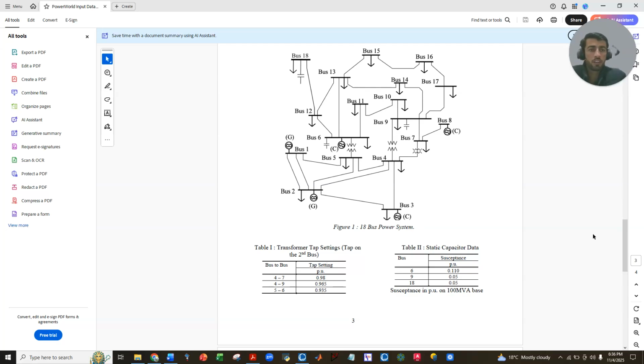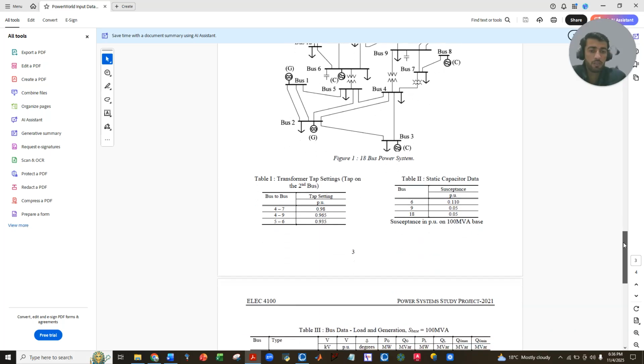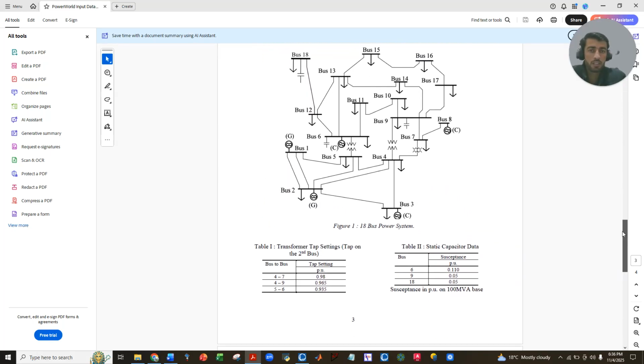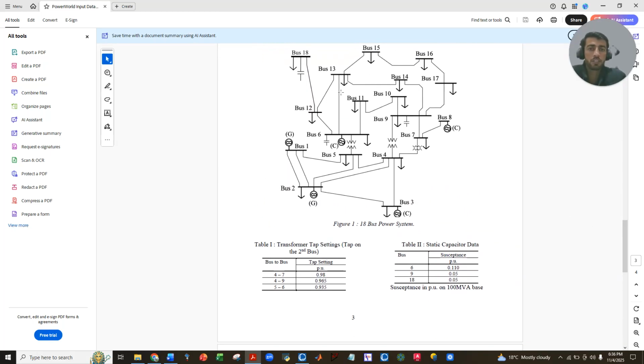Hi viewers, today we are going to discuss modeling a typical single line diagram in PowerWorld with all the available input data and information. So let's assume this is one of the single line diagram power system models we want to build